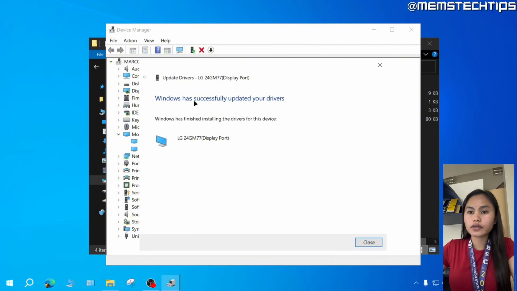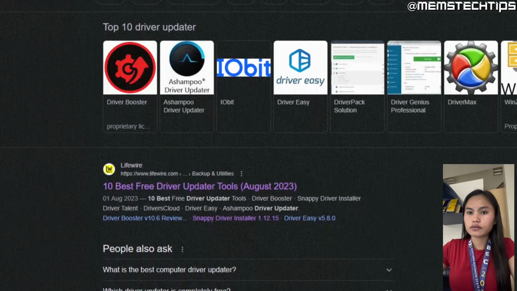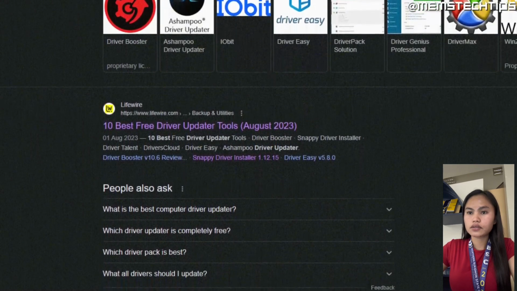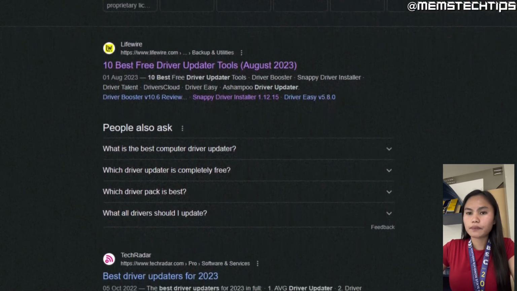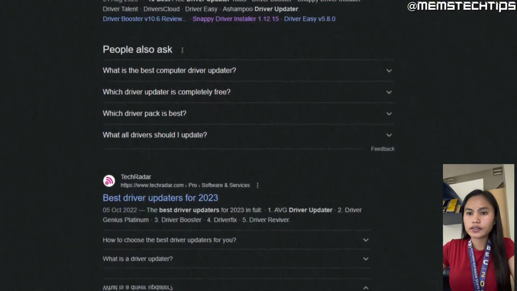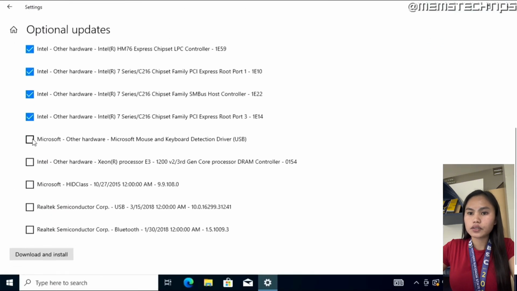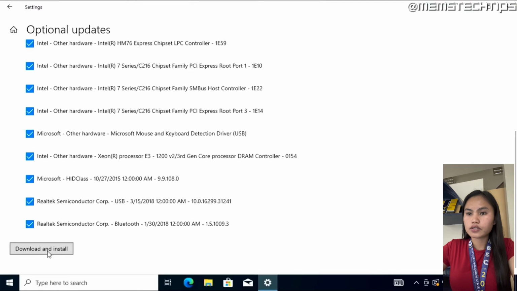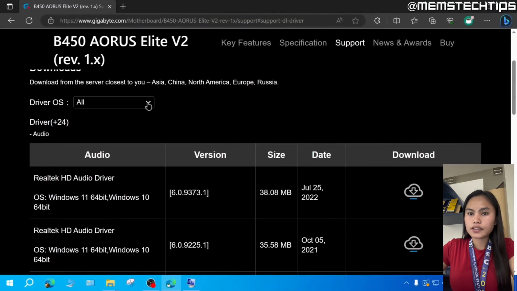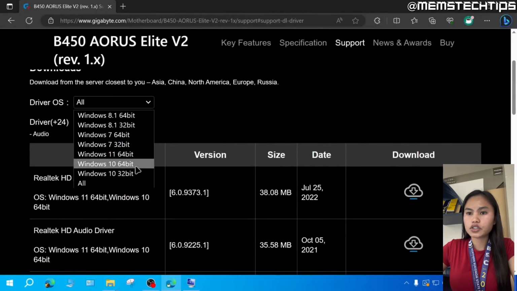Just to recap, you select the device, right click on it, go to Properties, go to the Details tab, then change the property to Hardware IDs, then copy the hardware ID and paste it into Google, and then you should find drivers for that specific device. Now I just quickly want to show you two bonus methods that